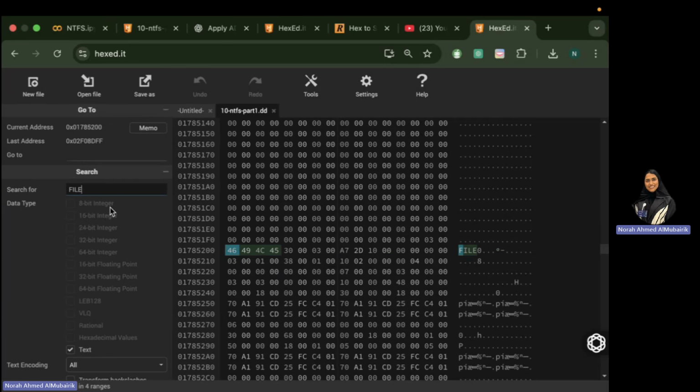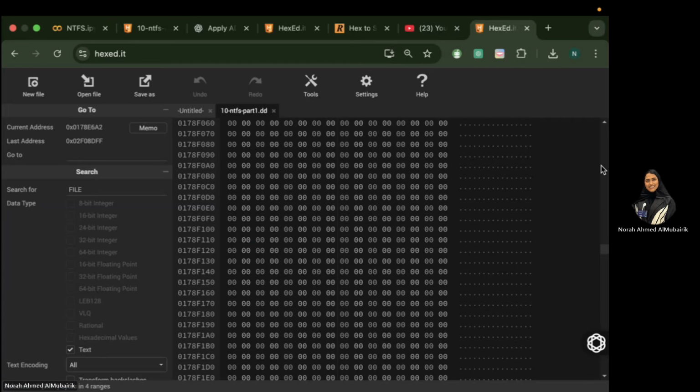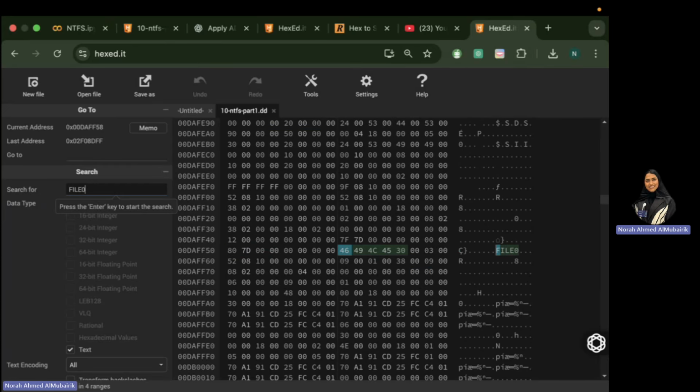Let's go to this previous example, to the beginning. Type FILE0. Yes, FILE0. So this is an example where I find FILE0 in the other half. This is not common,